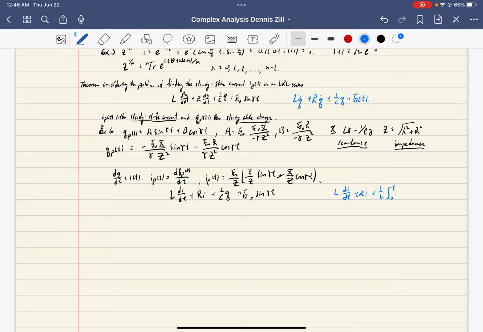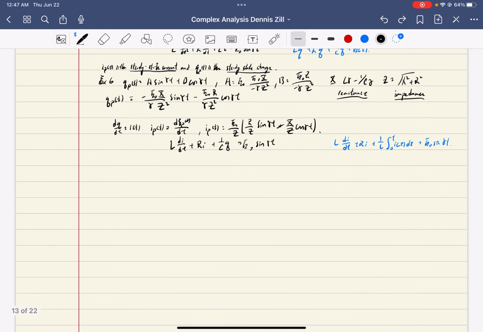Let's say I of tau, d tau is equal to this. So now you have to perform a Laplace transform to solve for it. But that is that. Now, then your impressed voltage, right? Your impressed voltage